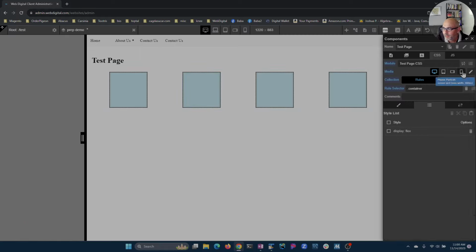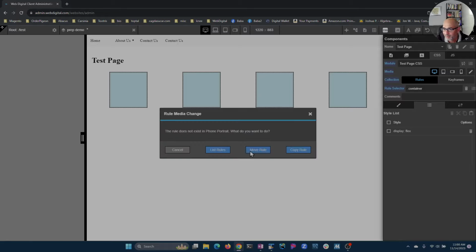But when we get to the mobile, it asks me when I click on this media, what do you want to do? You want to just move over to the media and list the rules in that media? Do you want to move the current rule that you're working on to that media, or do you want to copy that rule to the media? This is typically the option that you select when you're doing responsive design, because we're going to be copying and